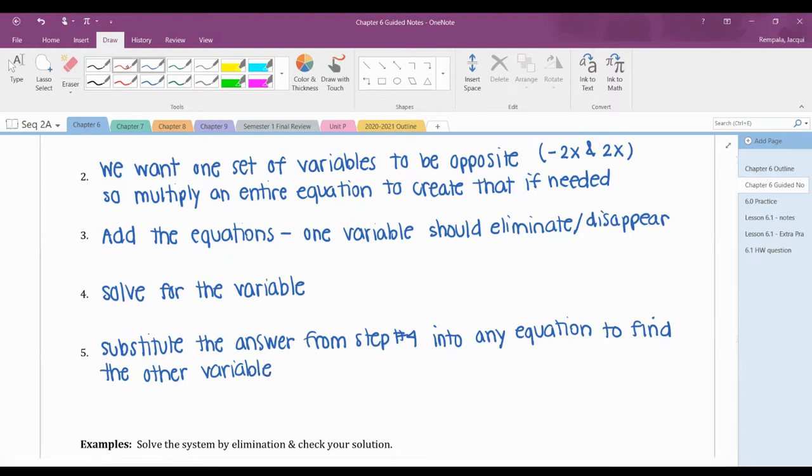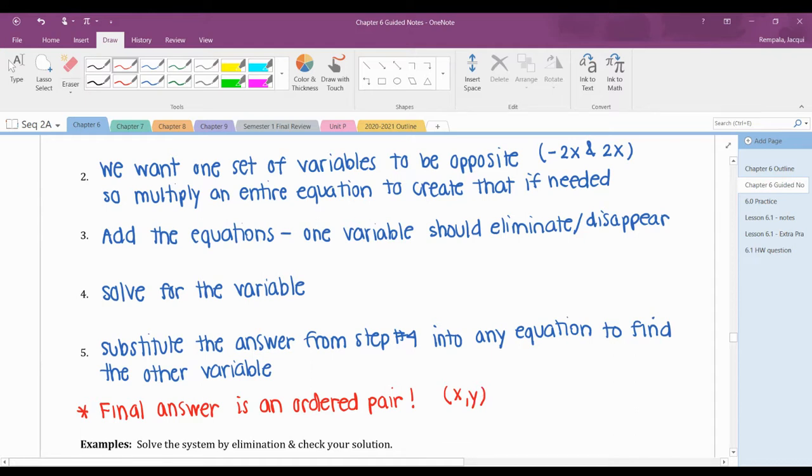So once again, maybe in step number 4 we solved and we got x. Well, then step number 5, we need to go back and solve for y, because we don't want to forget, just like all these other times, our final answer is an ordered pair. So if we have an x, we'll have a y, we need an ordered pair. Okay, so once we have these 5 steps,